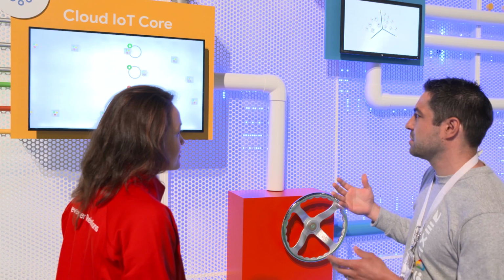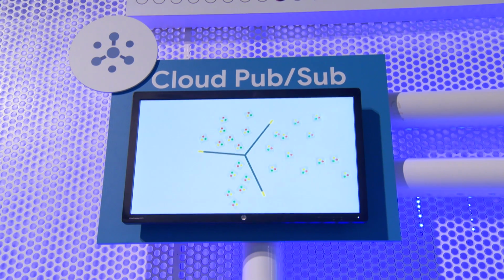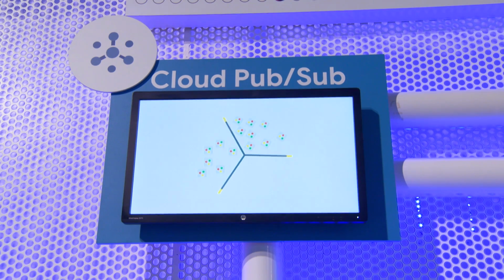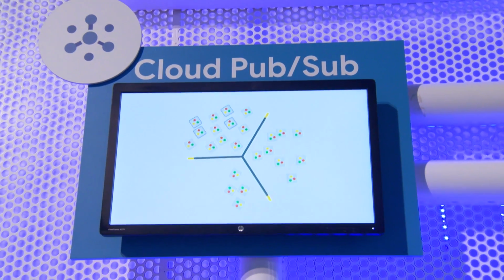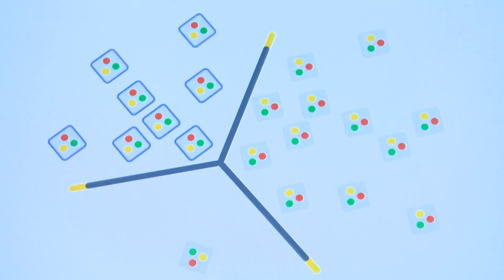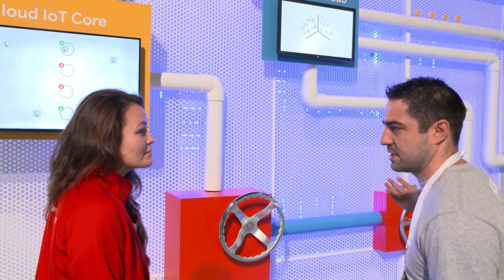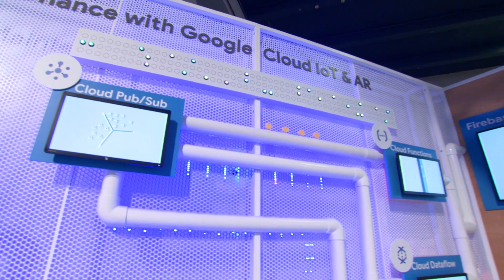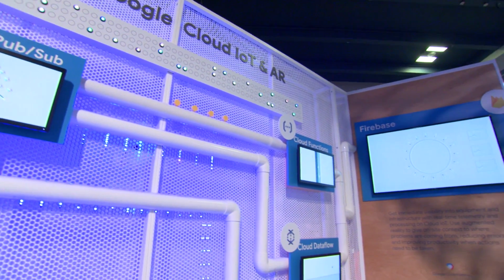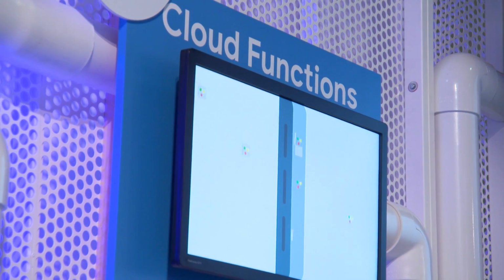Now all of these things can be configured and data can be sent through to Cloud PubSub. So PubSub is a publish-subscribe messaging queue that allows data to be buffered in a large bucket, and for subscribers to come through and pull that data off and do some sort of translation on it. So as we walk down here, we'll see that messages are put onto a topic and they are duplicated for different subscribers.